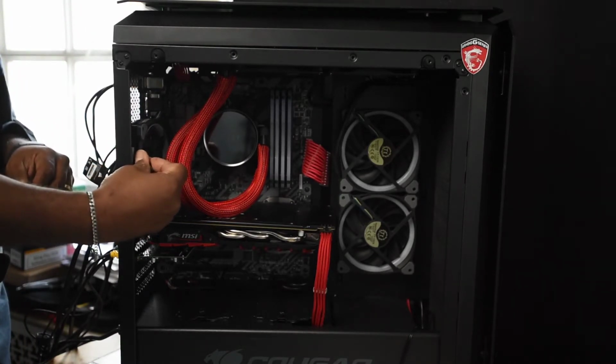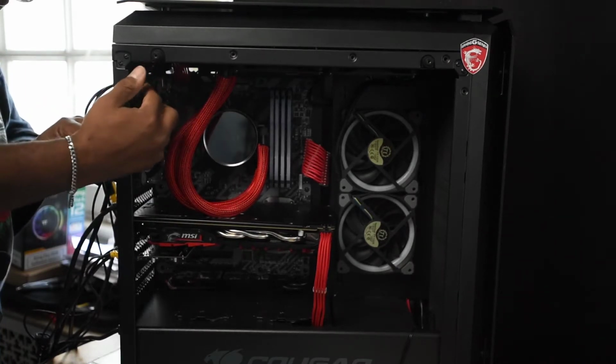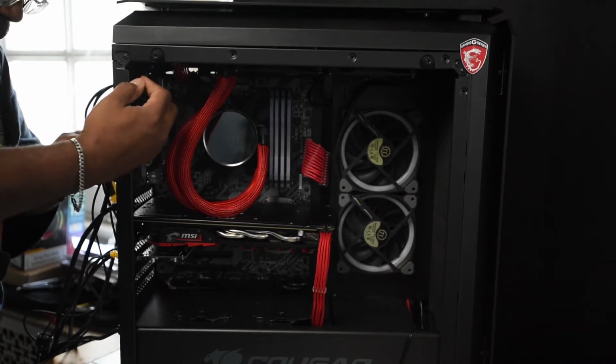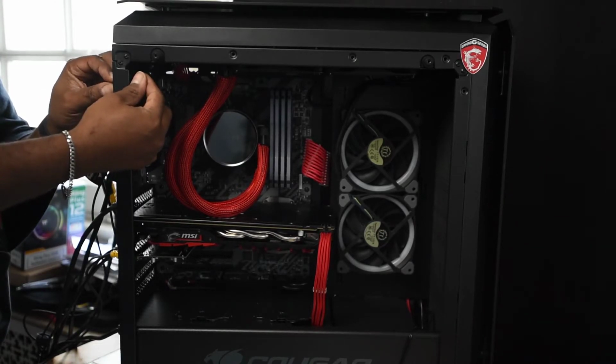I just love putting fans in. They're such a pain in the butt. Okay, let's get that on there. I was going to do a video on when I first switched the cases, but I'm glad I didn't because